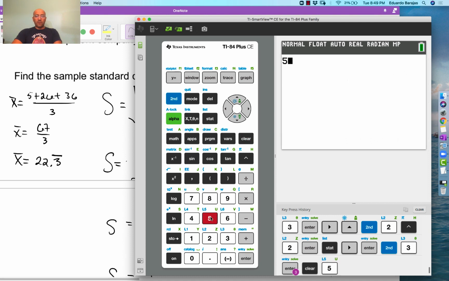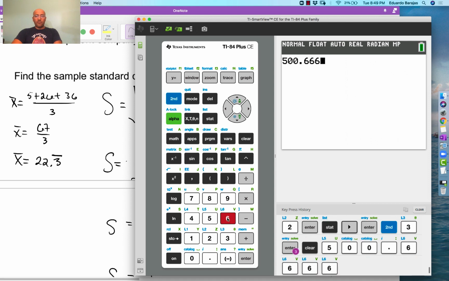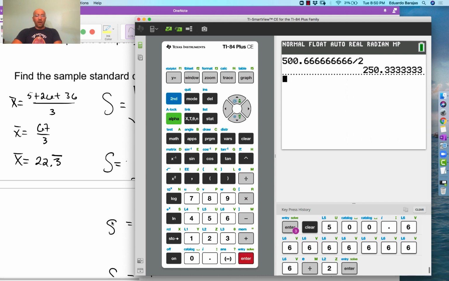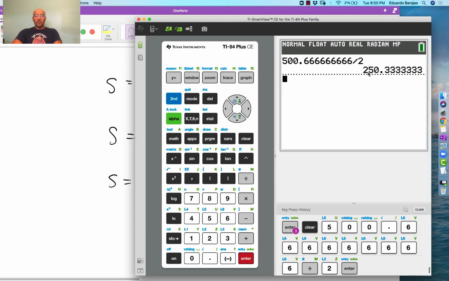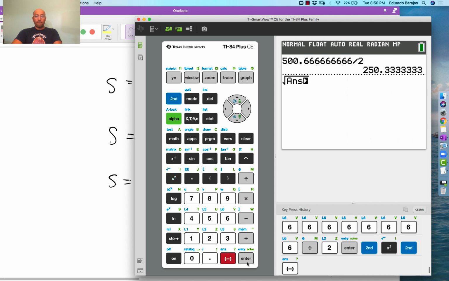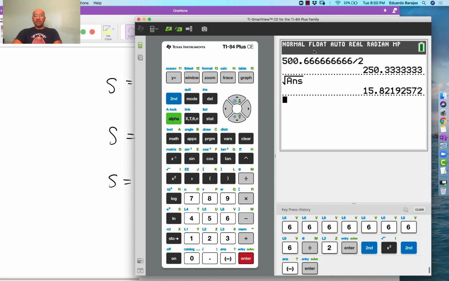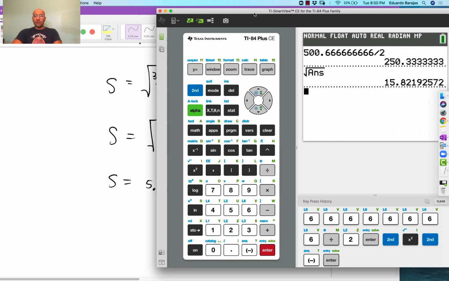Clear. And then we want to do 500 point, a bunch of 6's, divided by 2. That's what I did wrong. Yeah, I don't know what I did before, but it's a bunch of this number divided by 2. We get to 250, and now we take the square root of that number. And we get to 15 point, there we go. I don't know what I did before, but